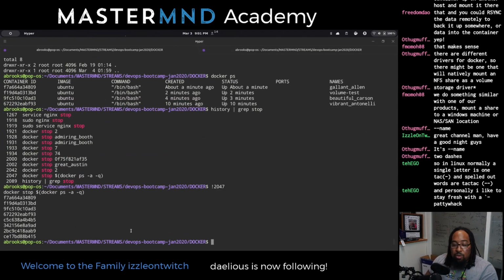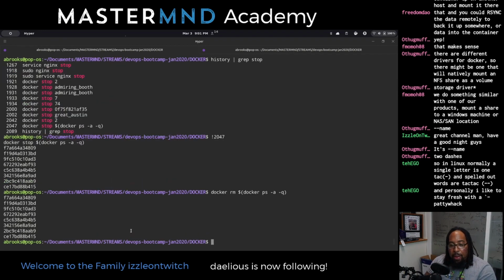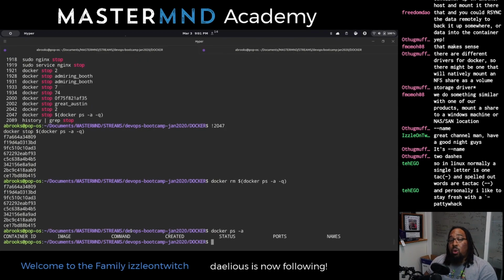Now we're going to remove all of them, so we can do that as well. We removed all of our containers, so we do docker ps -a. So we wrote some data in a container. We were able to see it in other containers. We just removed every single container that we had.